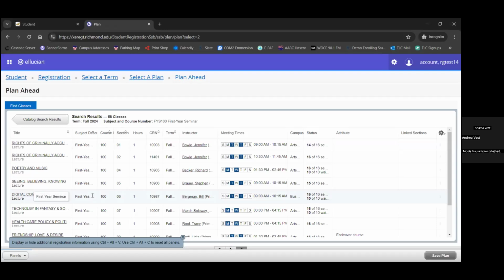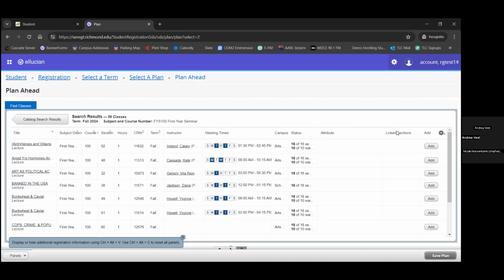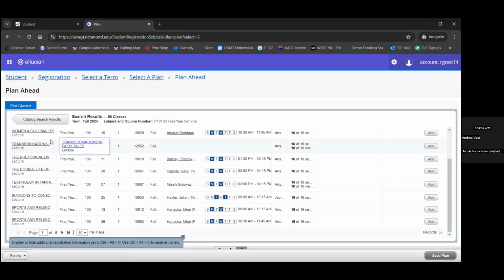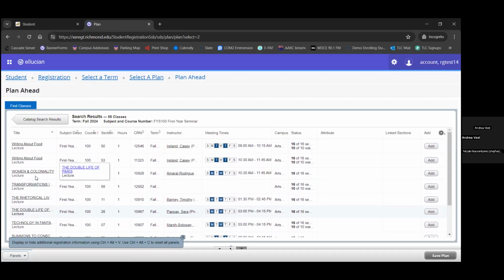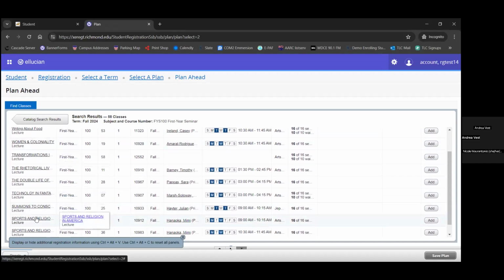Now, going back to the beginning, to demo the actual plan creation, you might find the first course an interesting one. So we see the rights of the criminally accused. Let's see. Actually, we can use sport and religion.